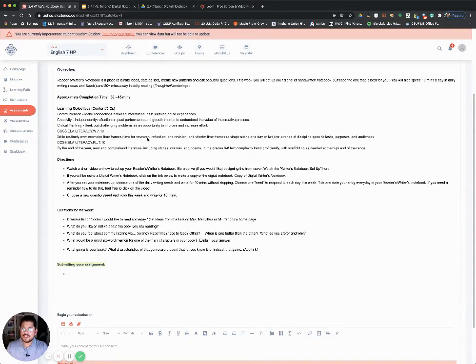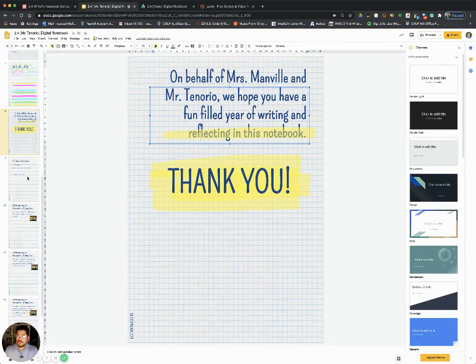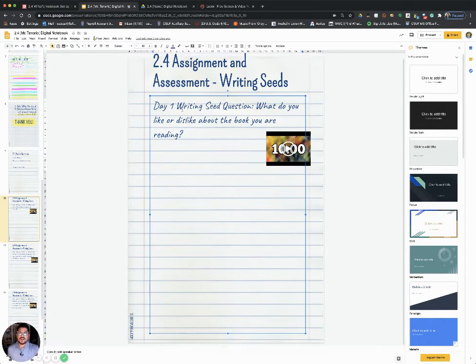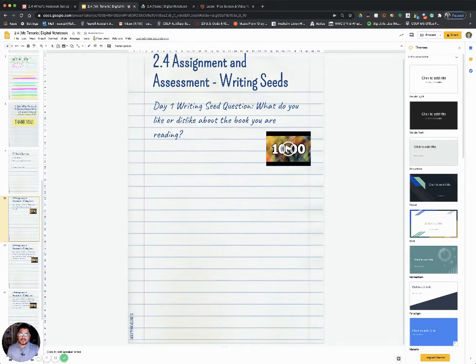So what I've done is if I go back to my digital notebook, the first couple of pages that I have here are set up for me to respond to these writing seeds. What I've also done is I've included a timer for myself because I want to make sure that I write for the 10 minutes that I'm being asked to write for. Okay, so what I've done is I've written day 1 here. I've titled it Writing Seed Question, and I've included the question. All that's left for me to do is skip a line, start my timer,